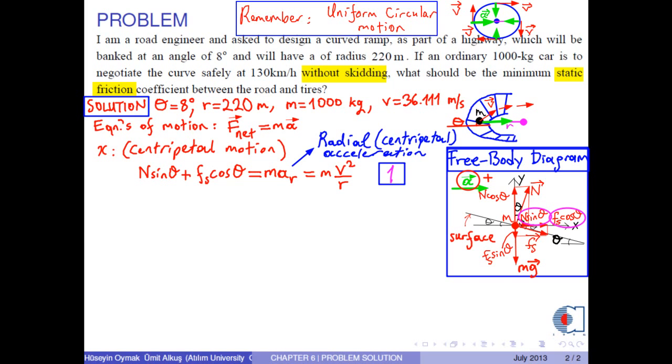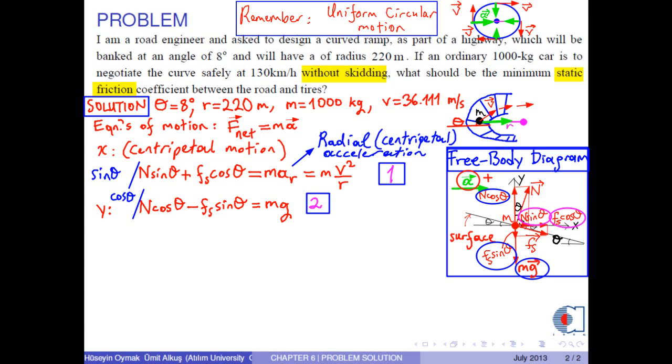Next, since there is no motion along the y-axis, the acceleration of the body is 0. Then the equation of motion along the y-axis becomes N times cosine theta minus Fs times sine theta equals m times g. So, to eliminate the second terms on the left-hand side, we multiply equation 1 by sine theta, equation 2 by cosine theta, and add them side by side. We obtain,